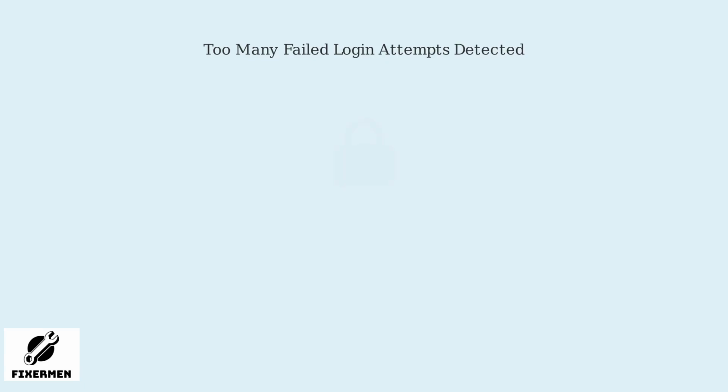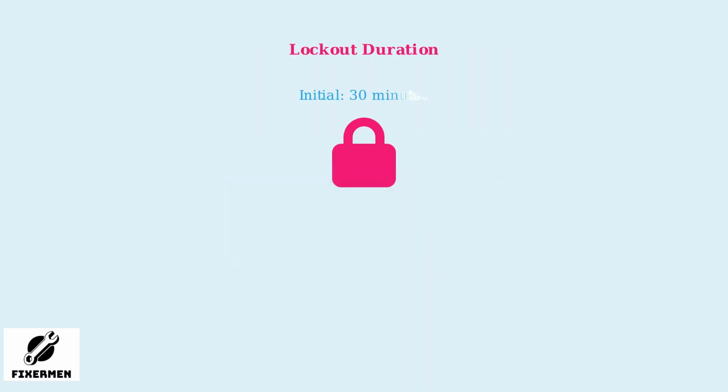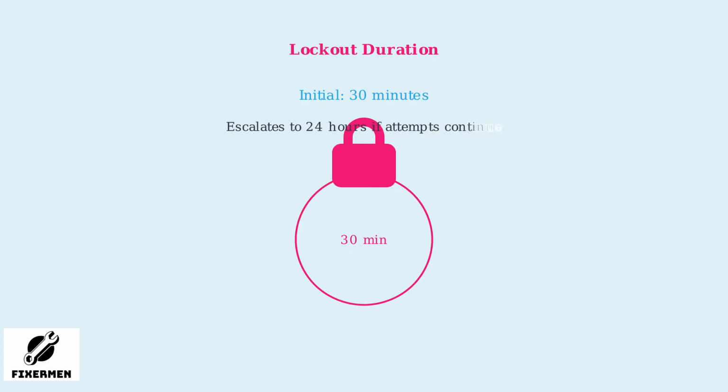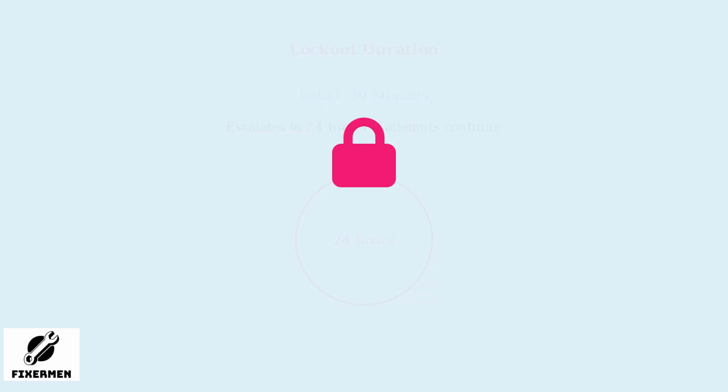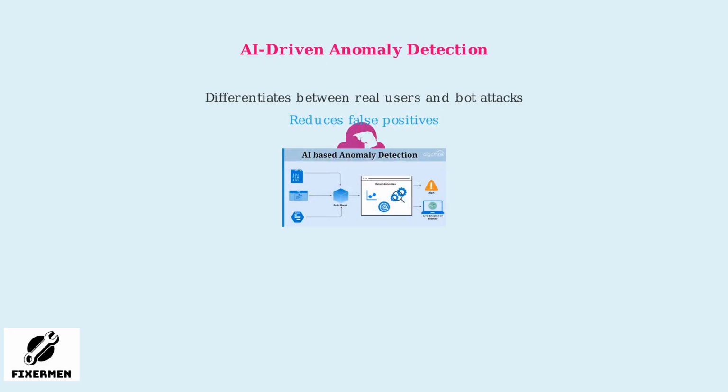When the system detects too many failed attempts, it automatically locks your account temporarily. Initially, the lockout lasts for 30 minutes, but it can escalate to longer durations, even up to 24 hours, if the failed attempts persist. You'll usually receive an SMS or email notification informing you about the lockout and providing options to unlock your account. T-Mobile also uses AI-driven anomaly detection to differentiate between real users and bot attacks, aiming to